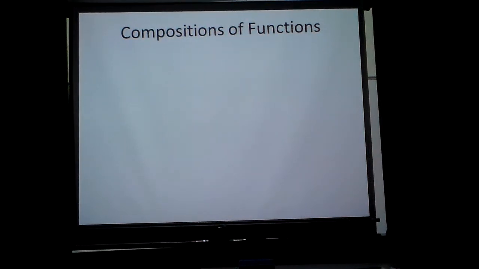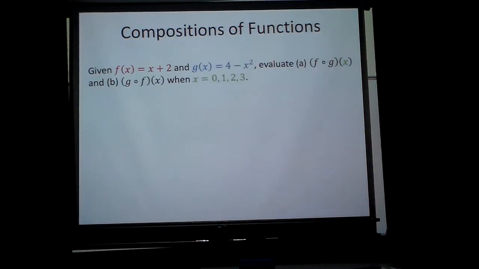Alright, compositions of functions. Here we go. Let's look at these two functions when you have a lot of terms. f of x is x plus 2, and g of x is 4 minus x squared. These are not limited. No square roots, no denominators. So, evaluate f of g of x, and then g of f of x for the numbers 0, 1,